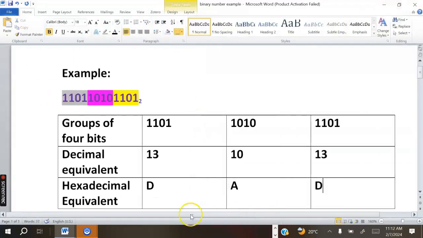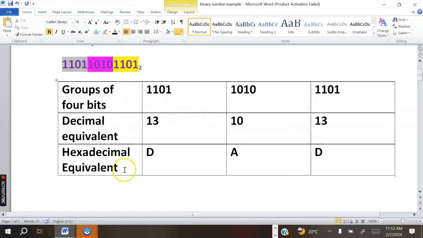So we have already now the solution for the whole thing. We have 1101 is equal to D, 1010 is equal to A, 1101 is equal to D. Now after that, the next step is to write the answer, which is supposed to be